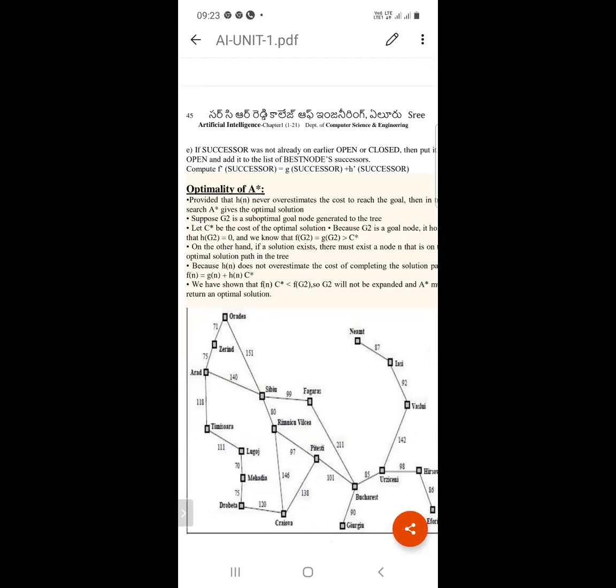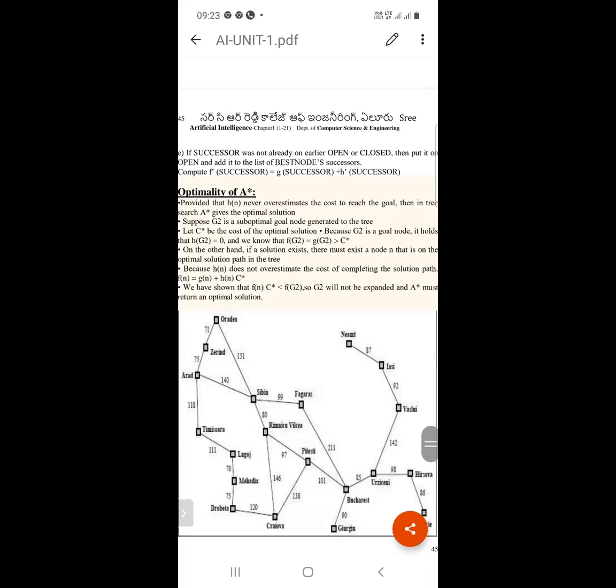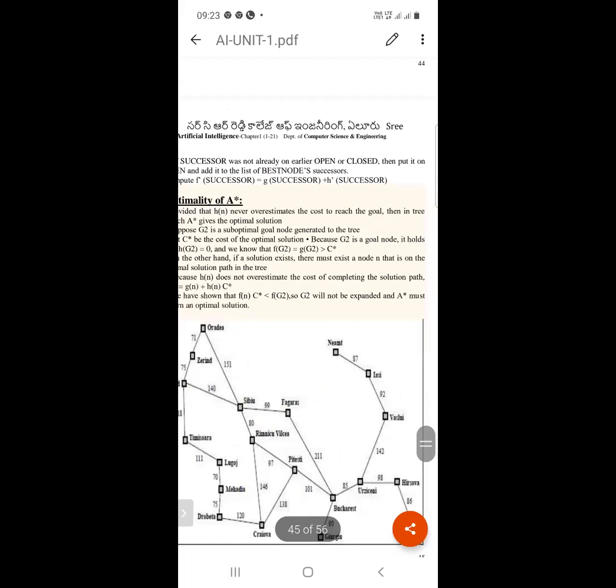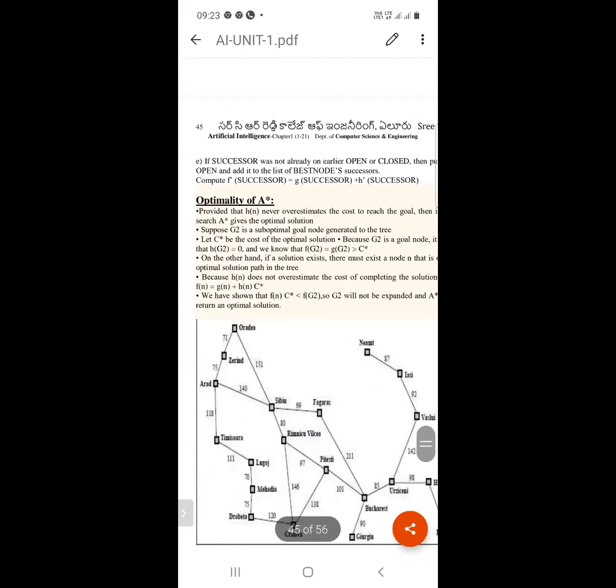On the other hand, if a solution exists, there must exist a node n that is on the optimal solution path in the tree.